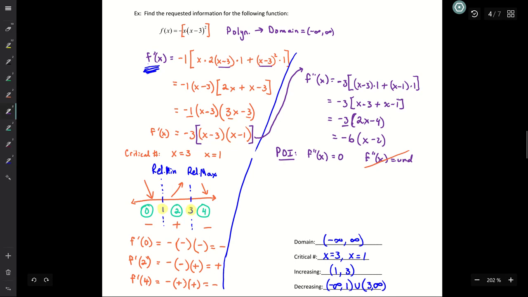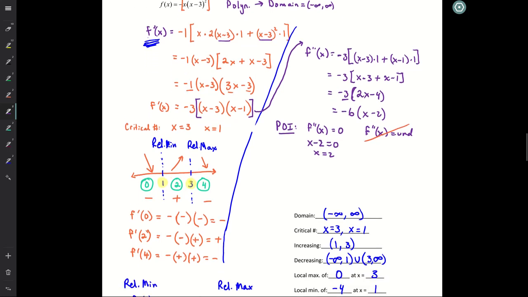Where the second derivative would be 0, we look at the second derivative function here. We have the -6 out in the front. It doesn't have an x with it. If it did, I'd want to make sure to set it to 0. It does not, though. The x minus 2, if I set that equal to 0, then we can see there I would get x is equal to 2 as a possible inflection point. All right, now from here,